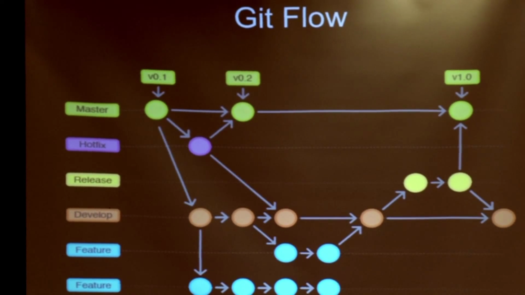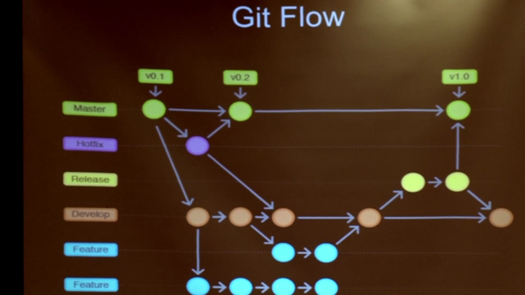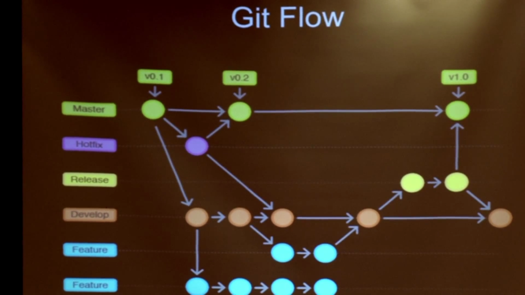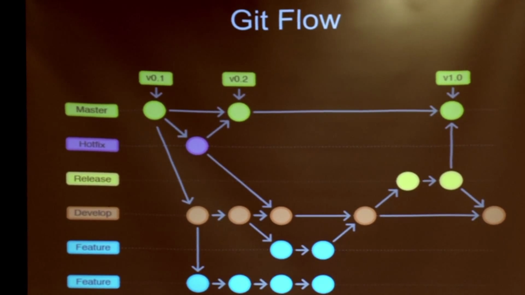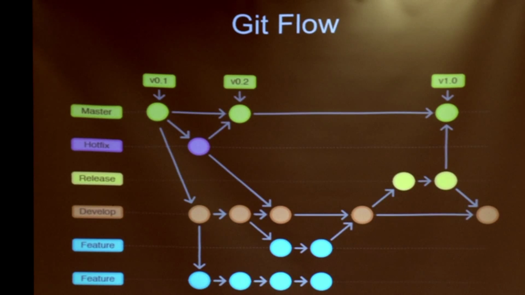So let's take a look at some of the more popular workflows that people are using. The first of them is git flow. Let's imagine that you have a master branch and you need to add a new feature. You also always have a develop branch in this flow. The develop branch, or staging branch if that's what you prefer, is used to be tested on a developer staging server. The name doesn't actually matter for me. The idea is the same.